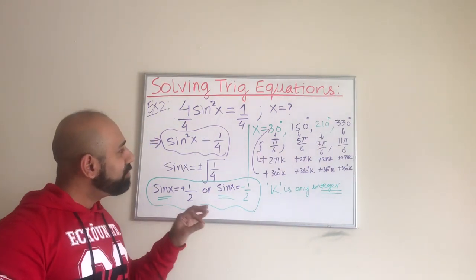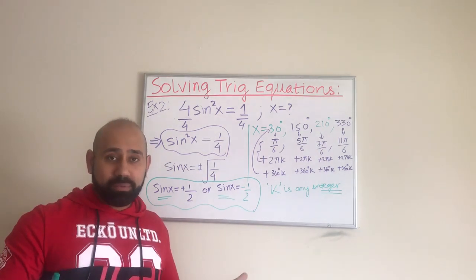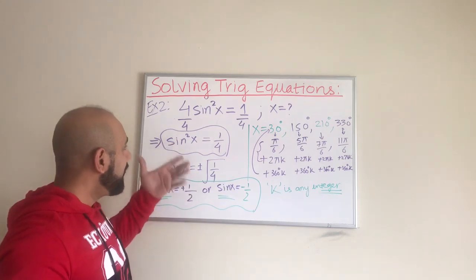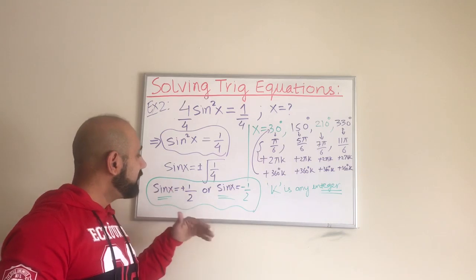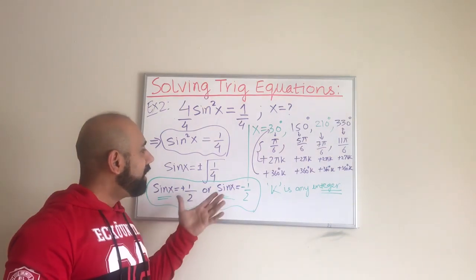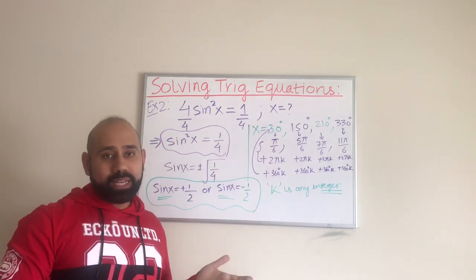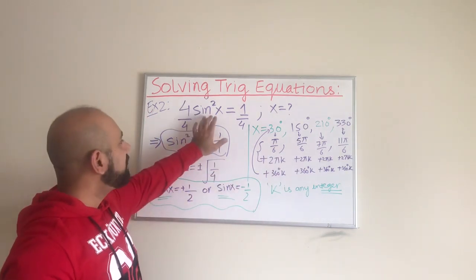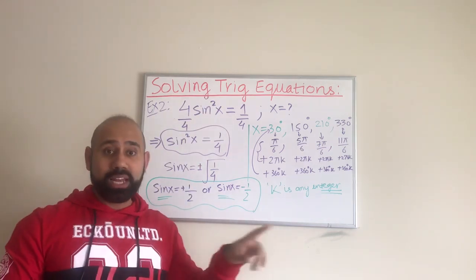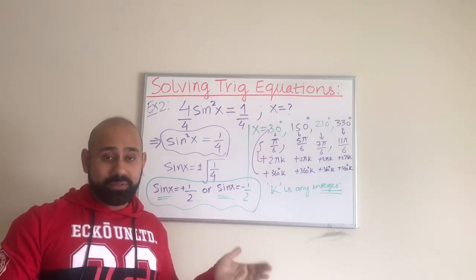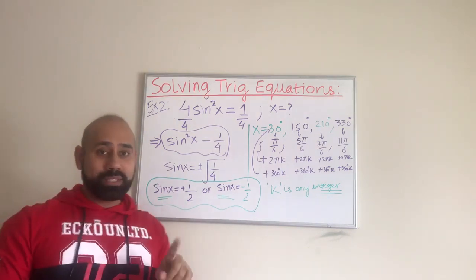This was slightly more challenging than my previous example. The previous one was a simple linear type of example, but here it was a quadratic form, so we have to take the square root. When we take the square root, obviously we'll have both positive and negative values. So in this case, we have not just 2, we have 4 angles, and then we keep adding 2 pi k to each one of them, since there are no restrictions for the x values, the angles here. And we know again the sine function is a periodic function. It just goes on forever in the positive direction as well as in the negative direction. Guys, this is example 2. I will see you next time with example